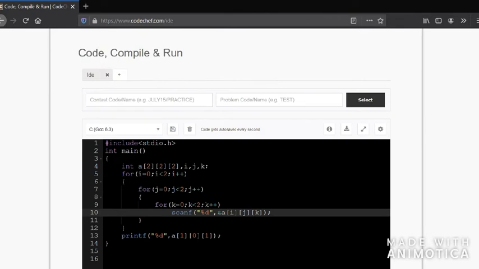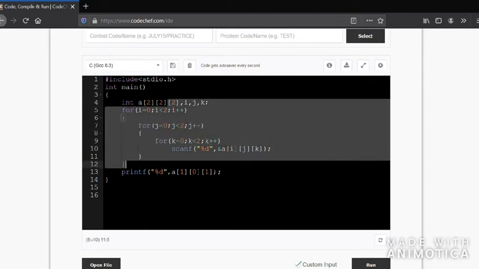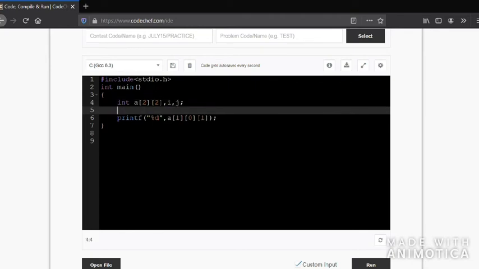We won't be using 3-dimensional arrays. We'll only be using 2-dimensional arrays. So now let's see another program to print the product of two values in the multi-dimensional array. For that I won't be needing any of this. Okay, we'll need i comma j, for i equal to 0, i less than 2, i plus plus.